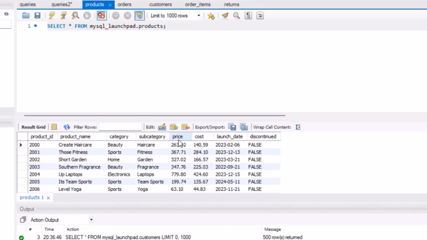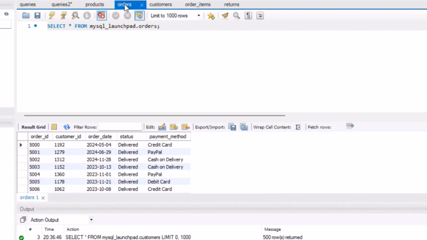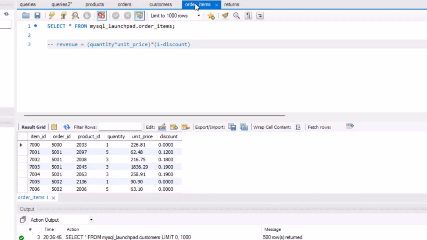Okay, great. We have the price, the cost price. We have the cost of making the products. But we can't get anything about revenue from here. So I go to the orders, so I go to order item. Quantity times price will give you revenue. Great, yes, order items. So order items will be able to help us. And thankfully, the product ID is here. So we can get the product ID